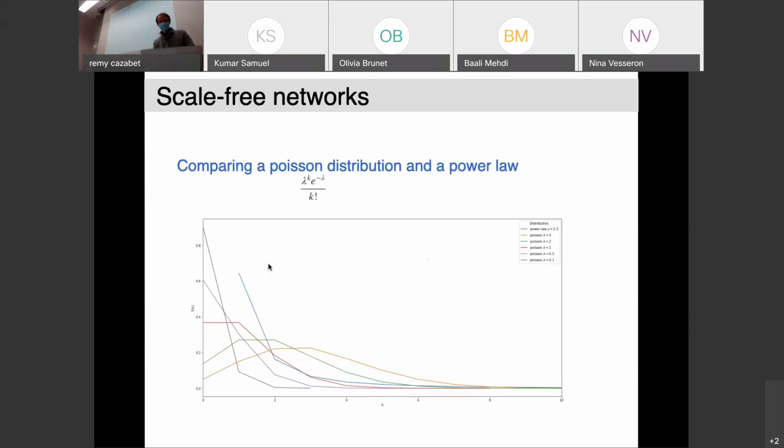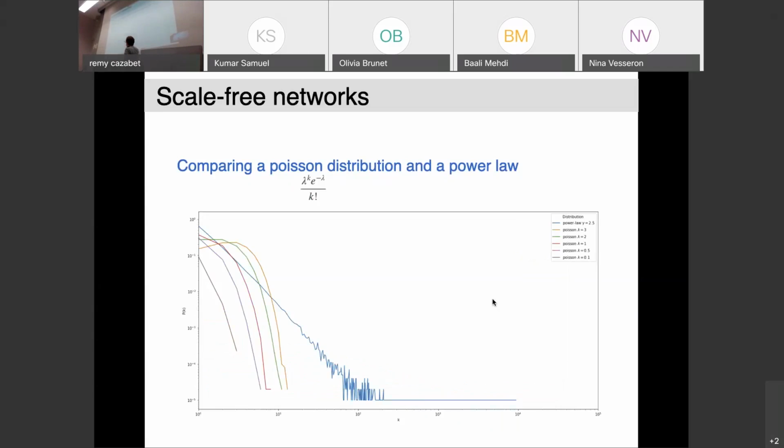Okay, so nice. My power law looks like a line on a log-log plot, but what about other distributions? If I compare with the Poisson distribution that we already defined, here I take the power law in blue. This line corresponds to a power law. Here I'm on a linear scale. I tried to fit some Poisson distribution to look like my power law. In this linear scale, maybe we see that they are not exactly the same, but maybe this red one does not look that different. But now, if I plot it on a log-log scale, you immediately see the difference between my nice line and the other ones, which